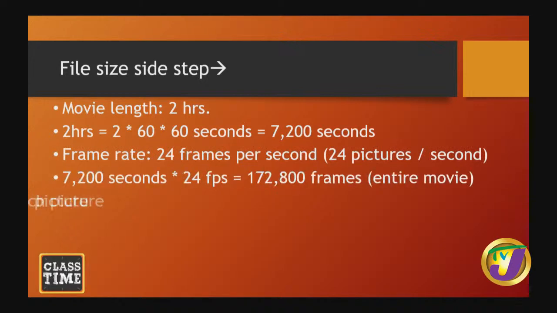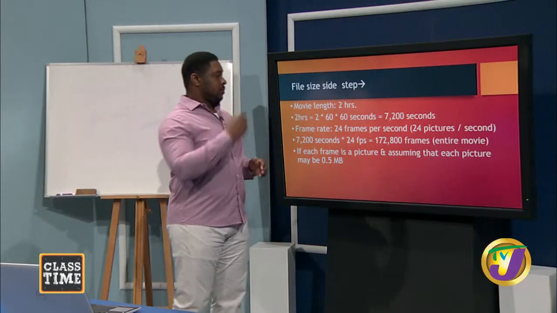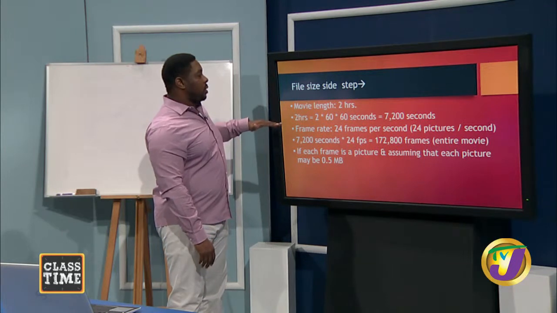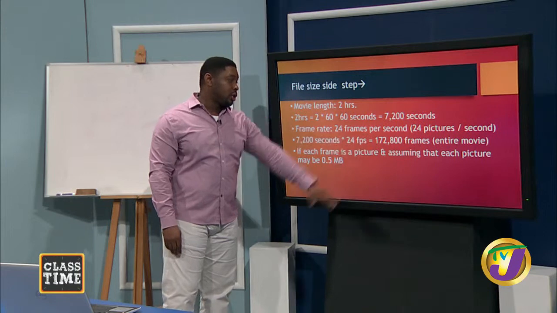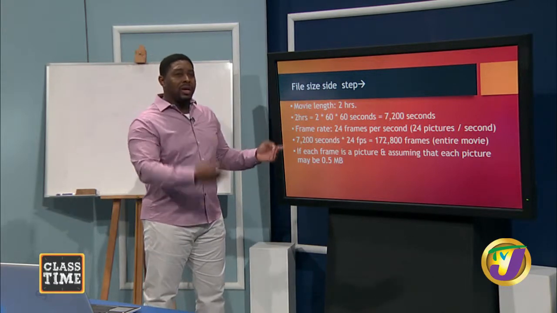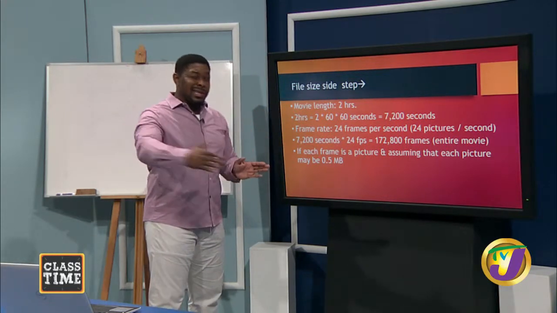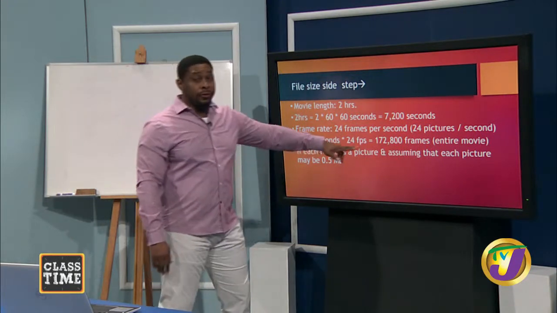If we have a movie of about 2 hours long, and you know, well, feature movies are about 2 hours long. For those of you who watch, what was it? Avengers Endgame is about 3 hours. So what we do now is to identify how many seconds are in that movie, which is about 7,200. And then each second has a number of frames. Most often are 24 frames, which is like 24 pictures. There are other movies that are shot at like 60 frames per second, but you know, that's a whole heap. And then that will tell us how many frames are in the entire